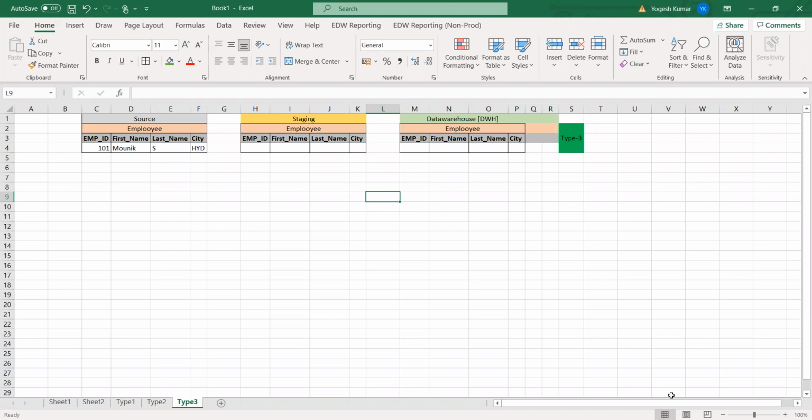Now, in case of type 3, we'll have very specific things. Sometimes in some projects you have start date and end date in type 3 as well, and in some projects you might not.